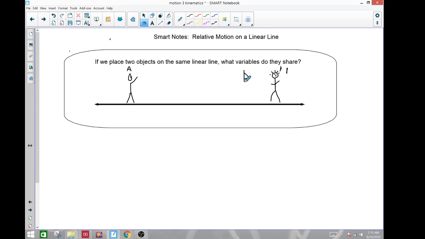Looks like my pen's slowing down. Okay, so that being said,